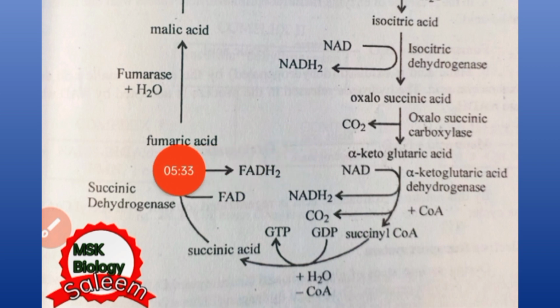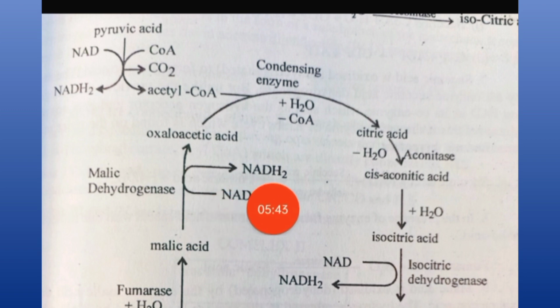Here in this step, addition of water occurs in fumaric acid or fumarate, and it is converted into malic acid. Lastly, malic acid is oxidized, meaning loss of electron and proton, which are picked up by NAD, and NAD is converted into NADH2 with the help of the enzyme malic dehydrogenase, and malic acid is again converted into oxaloacetic acid. In this way, this cycle is completed. By this reaction, oxaloacetic acid is regenerated to react with acetyl coenzyme A for continuous